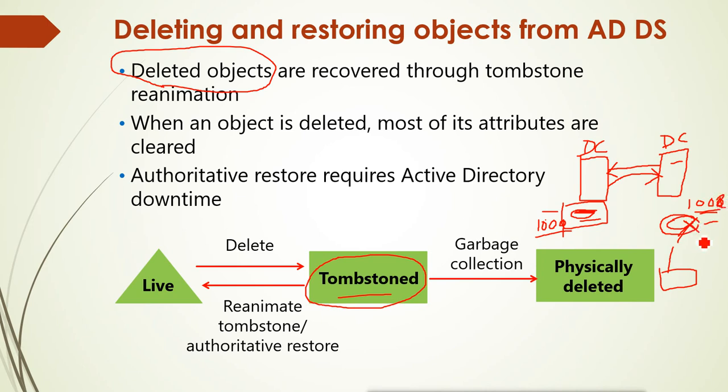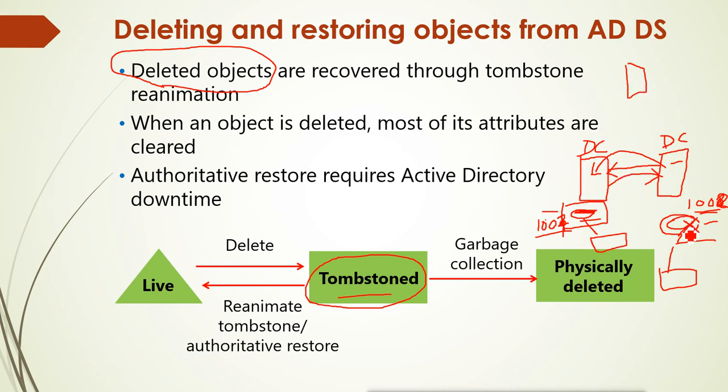Now when these two domain controllers talk to each other, one says I have the ID 1001, the other says I have the ID 1002, and 1002 says that this user is deleted. So it will update the information to this domain controller, and then it says it is also deleted. So from this domain controller, it will also update the ID and put the user into the deleted object container, and it will become the tombstone, and it will remain there for a time period of at least 90 days, so that it will update to all the domain controllers in the domain, because we may have multiple domain controllers, and it will take time to update all of them that this user is deleted.